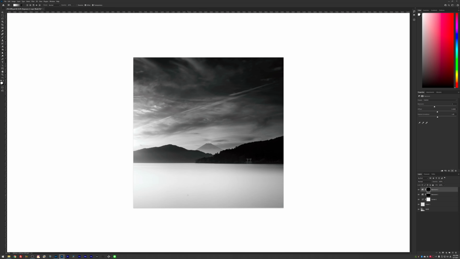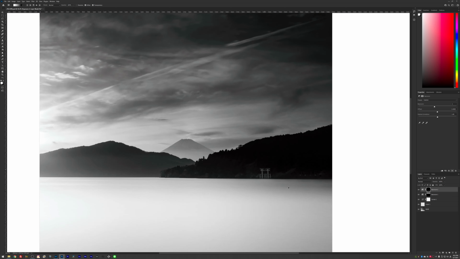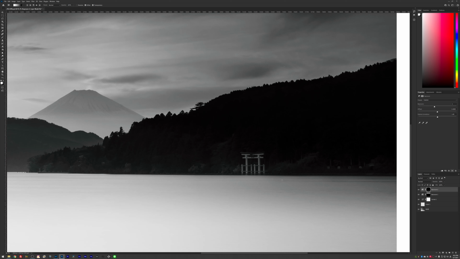Much better. So now that I have my, let's say, basic edit, I think I want to focus a little bit more on brightening this part of the image slightly, because I think it should stand out a little bit more. So I'm going to do that by zooming in, creating a new layer by holding Alt on my keyboard and clicking on the new layer, and then selecting overlay in the mode and fill with 50% gray. In this way I'm going to have my dodge and burn layer.